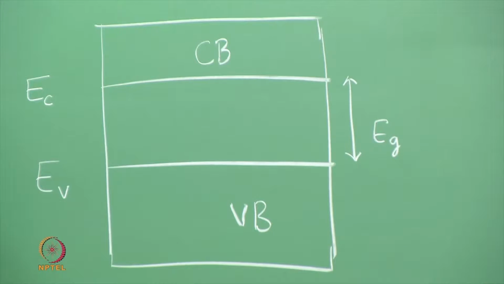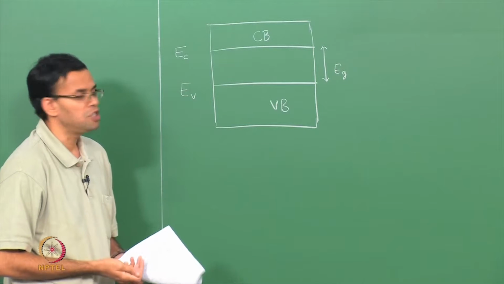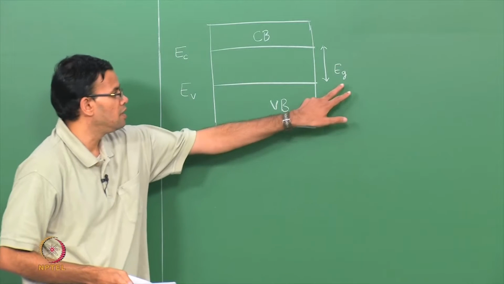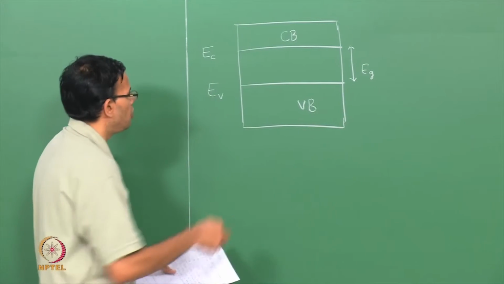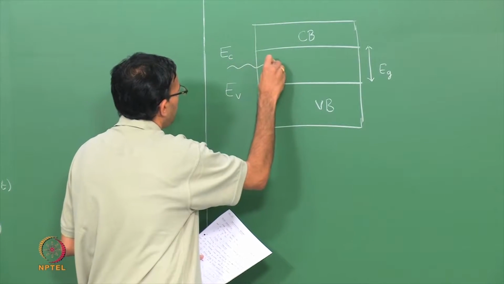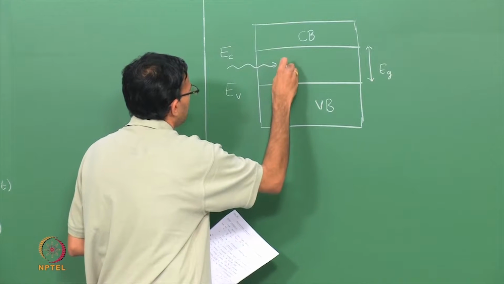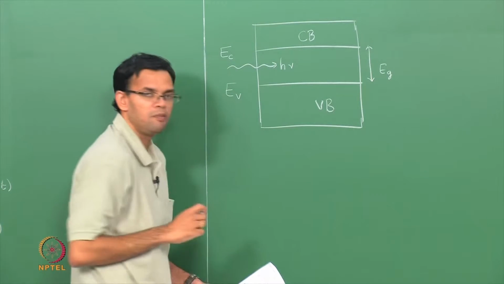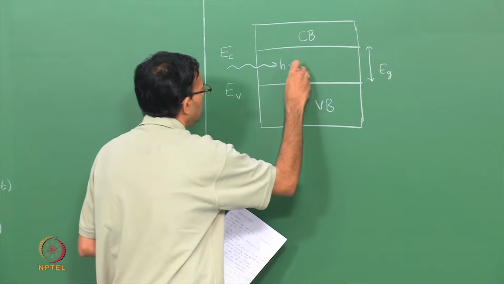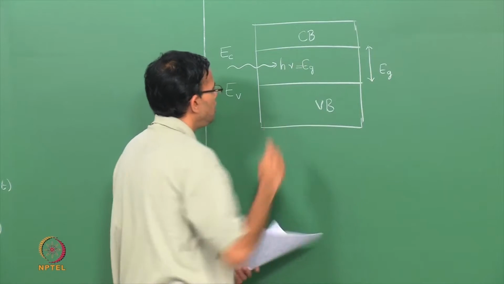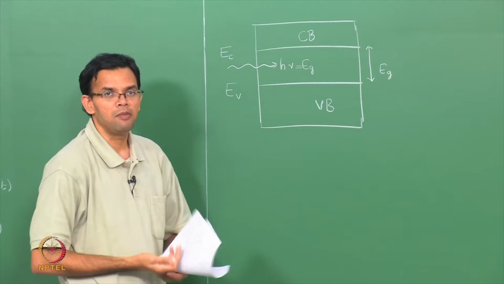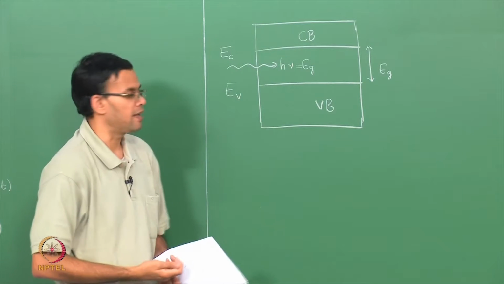Now, we have light that is incident on the semiconductor. If the energy of the light is less than Eg, then it is not going to be absorbed. So, if I have light of energy h nu, where nu is the frequency, equal to Eg or slightly above Eg, very close to the band gap,